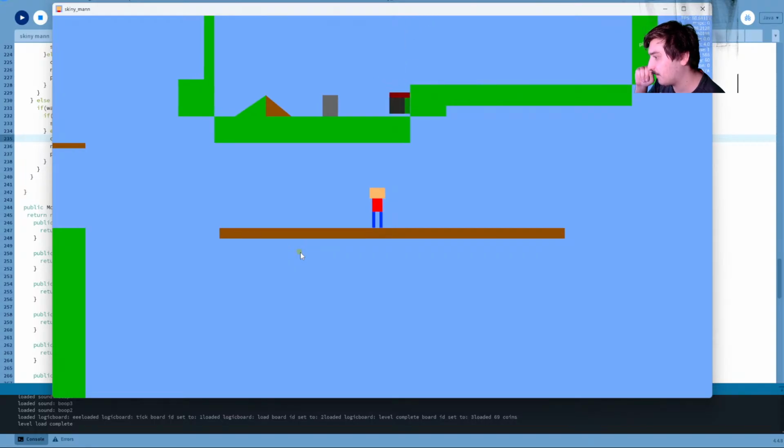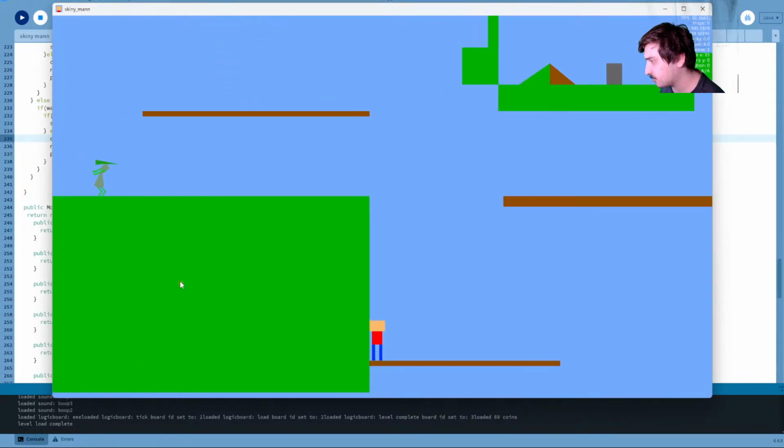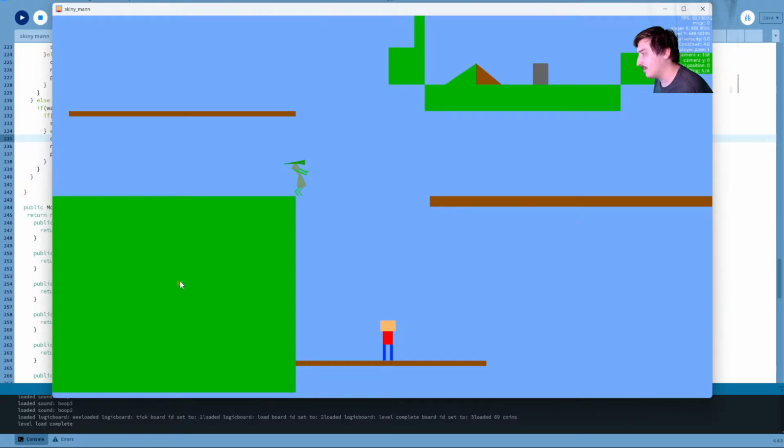Okay, no. It can be close to the edge of the screen without actually tracking me. What about if I, like... I feel like down here is probably going to be close or far enough away vertically that it shouldn't be able to track me. Nope, it's not. Okay, so it's tracking me now.